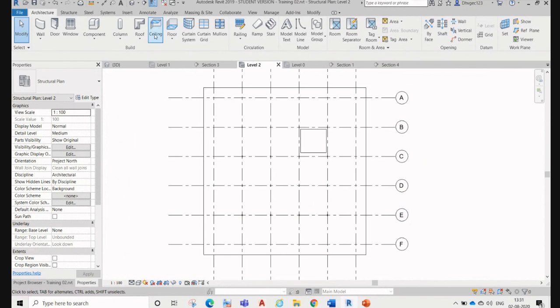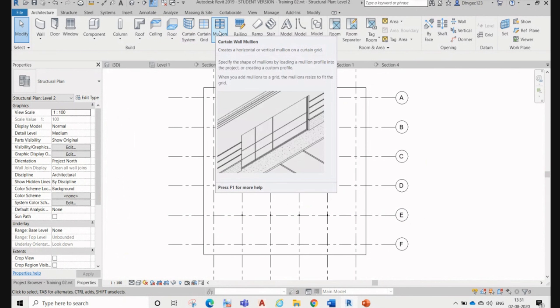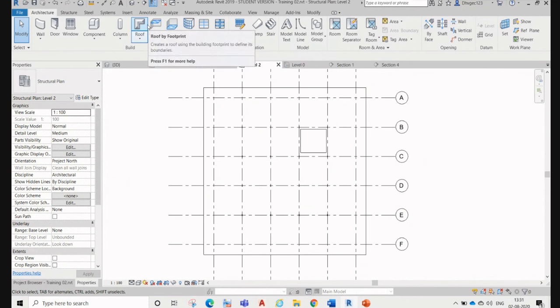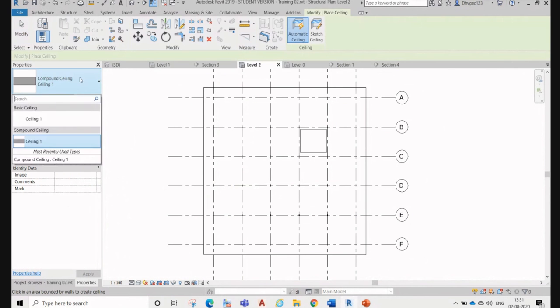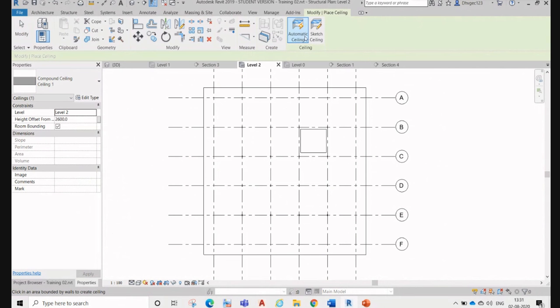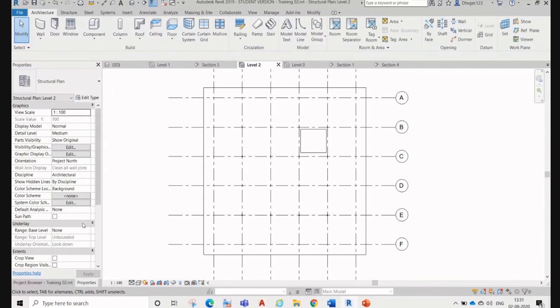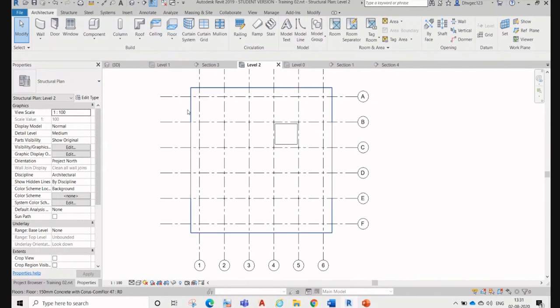So ceiling, this one, curtain wall, this is especially for architectural purpose. If you are an architect, then you know better how you can utilize that one, and definitely you will find properties and options over there.